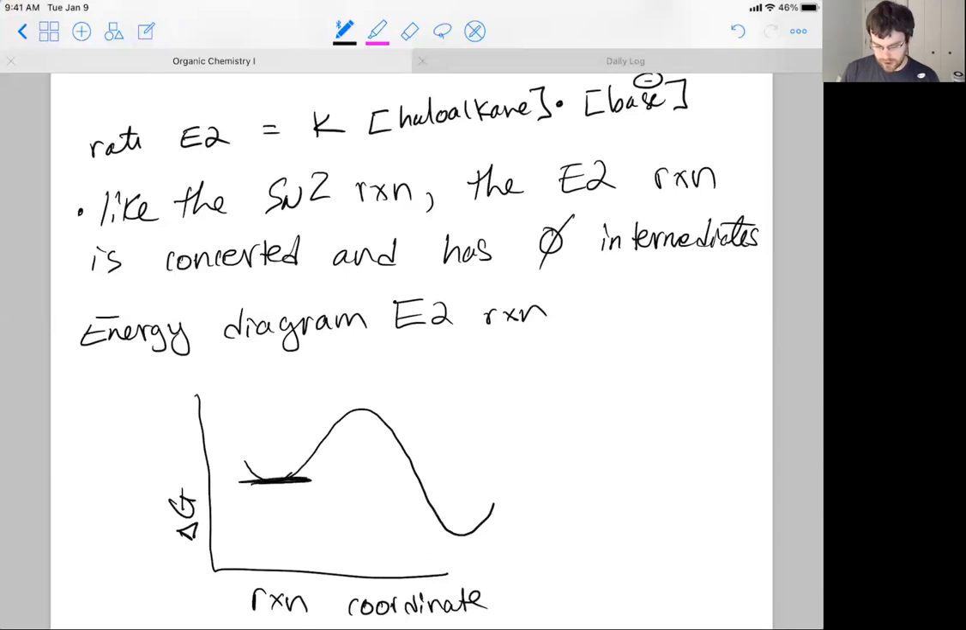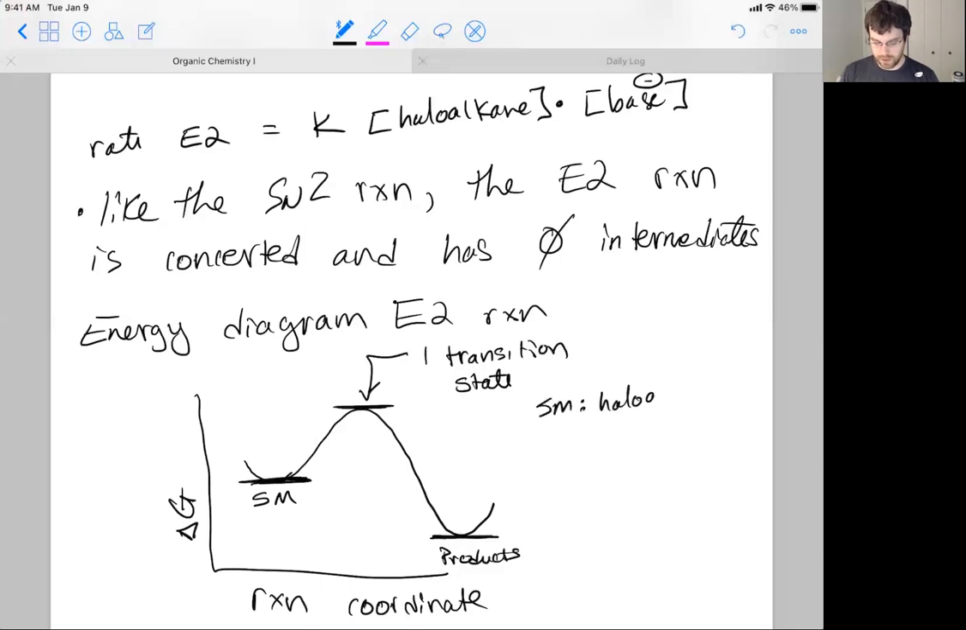So this left-hand ground state, or left-hand well or valley in our energy diagram, is the starting materials. The right-hand valley is our products. And then we have only one transition state. One transition state. Okay, so in this case, the starting materials are the haloalkanes